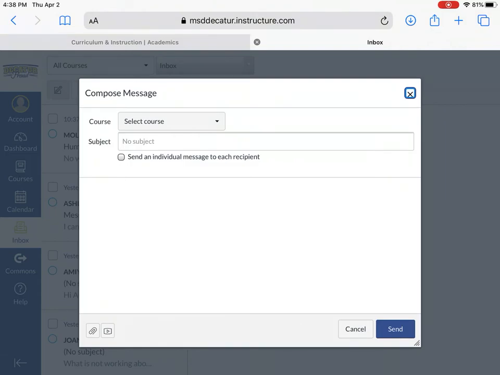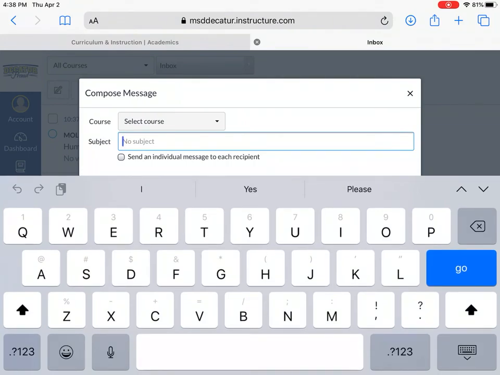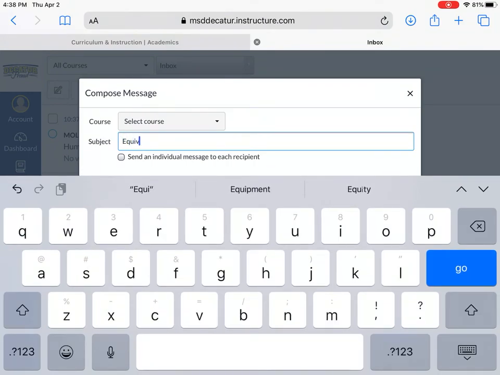So I'm going to say that today I am going to ask Mrs. White a question about equivalent fractions. I'm just not understanding it, and 13.1 and 13.2 have been very difficult for me. So I'm going to ask her a question about equivalent fractions. So in my subject, I would type equivalent fraction